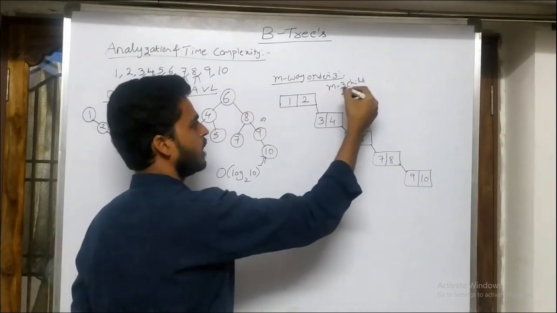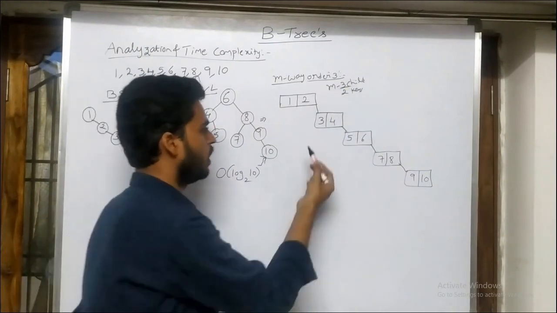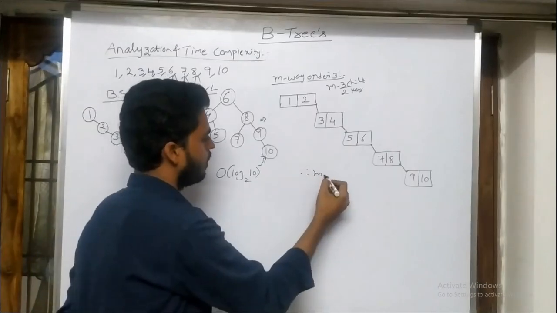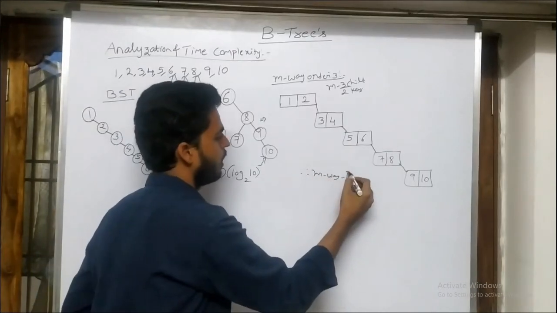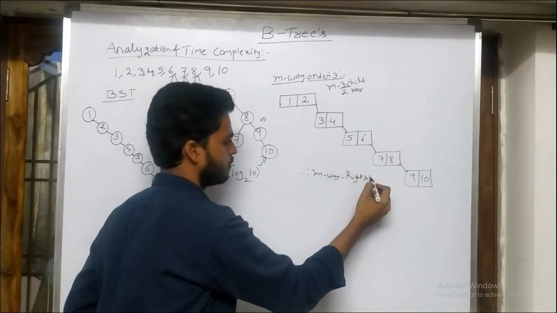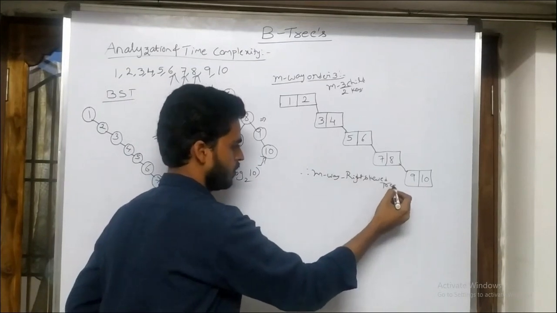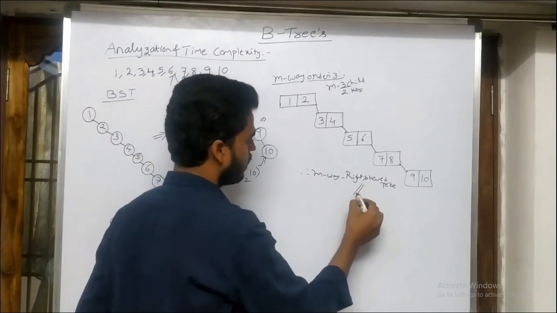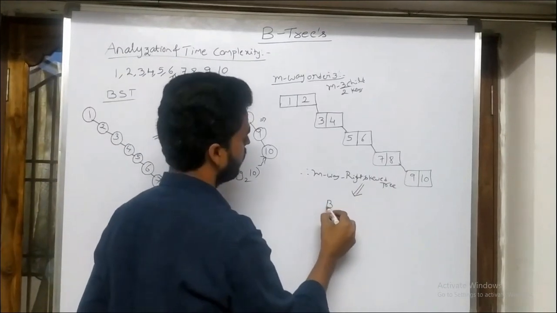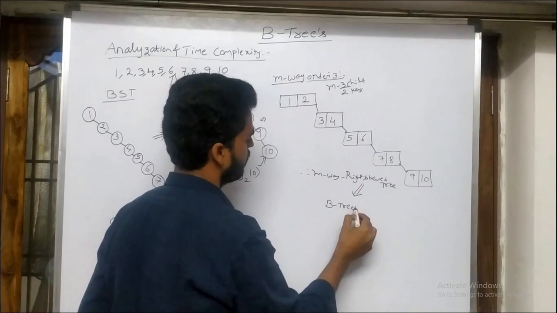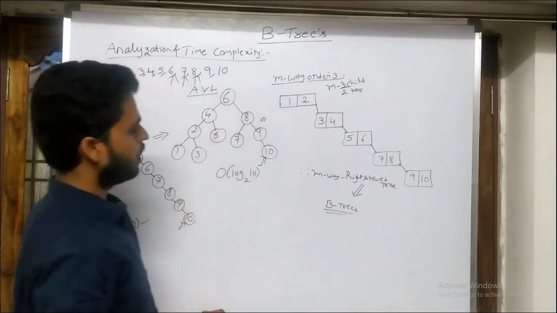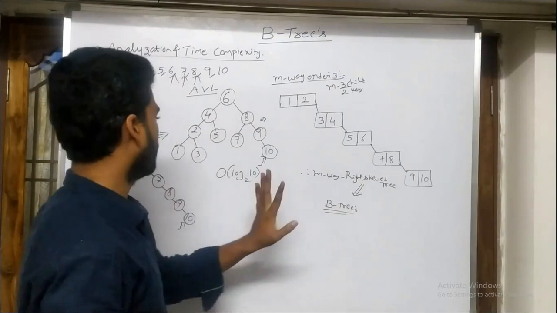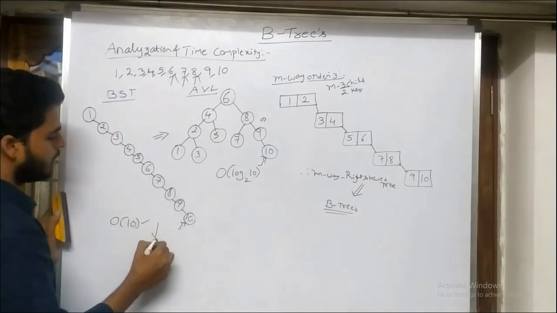They depend upon the M order. So here also I will get some kind of comparisons. This is because of the M-way right skewed tree. To overcome this drawback, we move to B trees. Now let's see whether these B trees will give less height or not. I mean, here, what is the height of this tree?